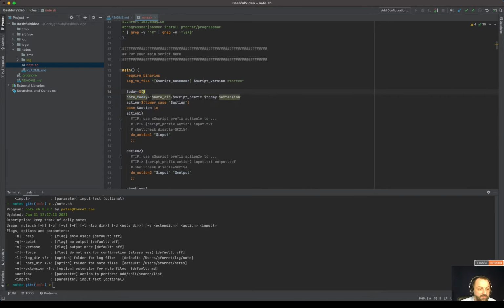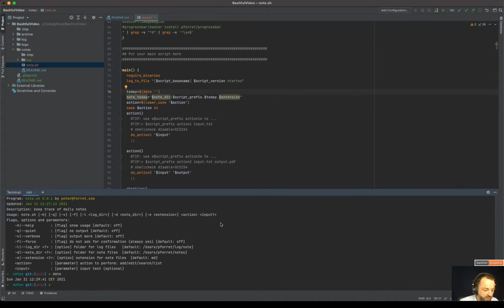using this bash construct, like run a program, take the output, and then use that value. So we will use date, which is the program, let me show you. Date gives you a date. Of course, this format that you're getting here is not very nice for